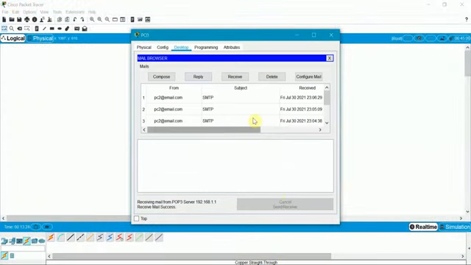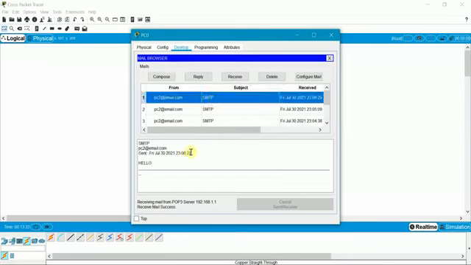As you can see, I have sent many times from one PC to another PC. You have received the mail here that was sent from PC2 to PC1. So here the mail has been sent from one PC to another PC.